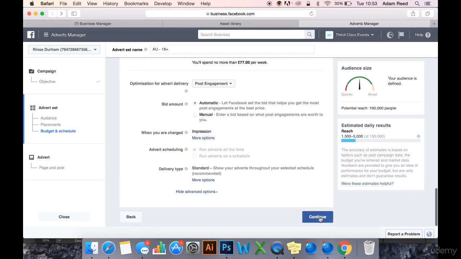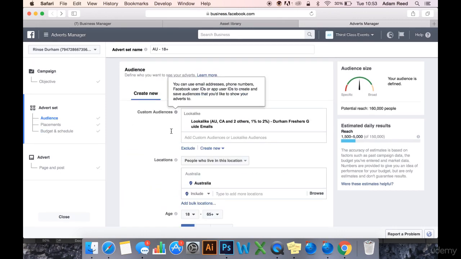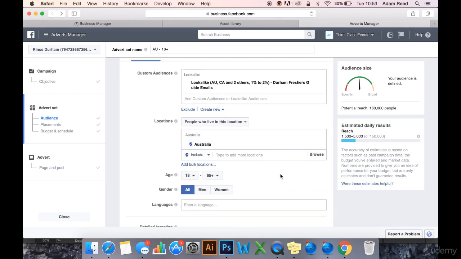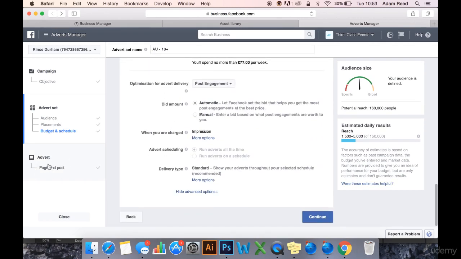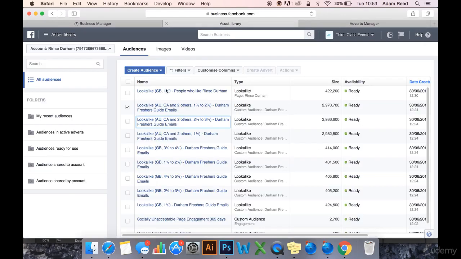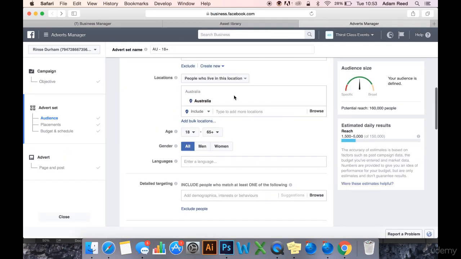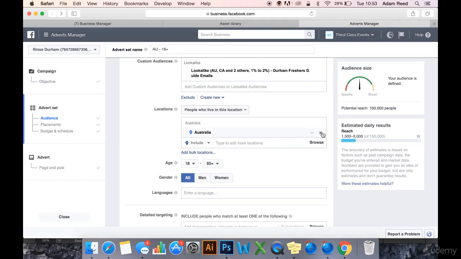So all I would do is continue, click through. So all I would do now that I've added Australia, is just click through the ad set, finish all this, do my creative, and then run the ad. And then I'd come back to the asset library, I'd click Create Advert again. I'd create the exact same advert, but this time, what I would do,